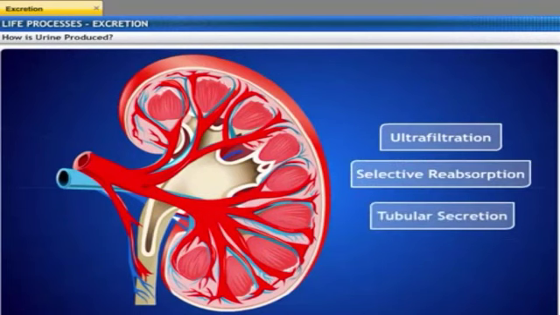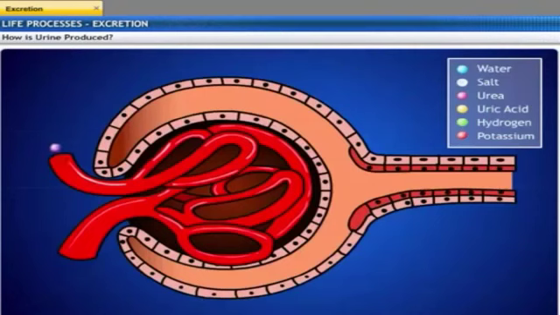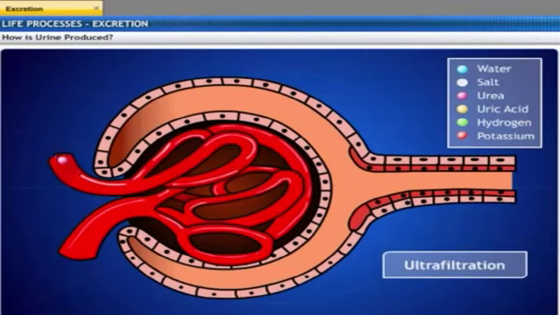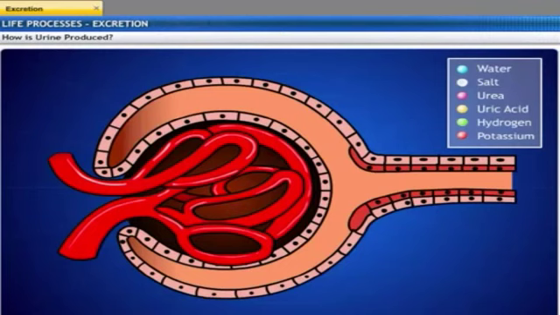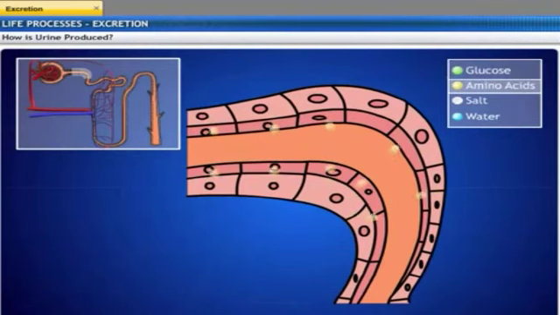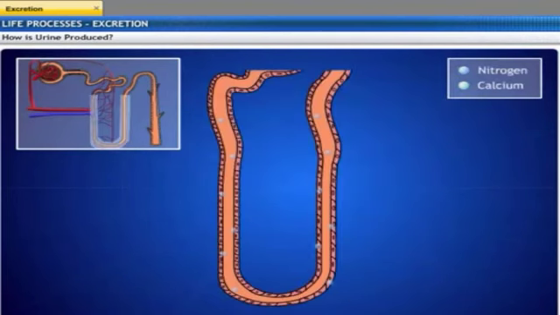This process is ultrafiltration, selective reabsorption. After entry of blood into the glomerulus, the ultrafiltration process takes place. During ultrafiltration, the blood materials and waste materials like glucose, amino acids, and salts enter into the proximal convoluted tubule. Even though glucose is a useful substance and amino acid is also useful, the glucose and amino acid also enter into